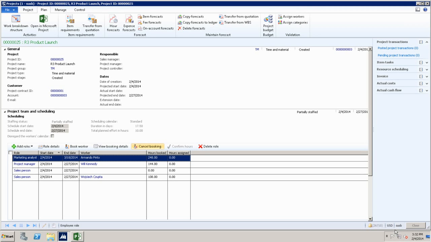Any questions? Yes? When you integrate with Project, are there certain things you can't do? And is it two-way? It looks like you have projects open in the same place. You can have Microsoft Project and AX Project open at the same time. However, the activity work breakdown structure in AX will be read-only. And you will see a very clear yellow bar that says, hey, an instance of this project is open in Microsoft Project.